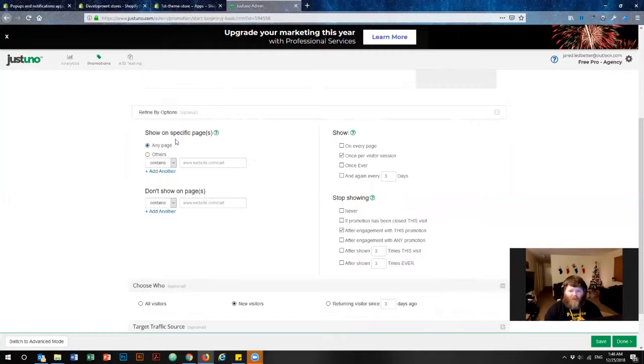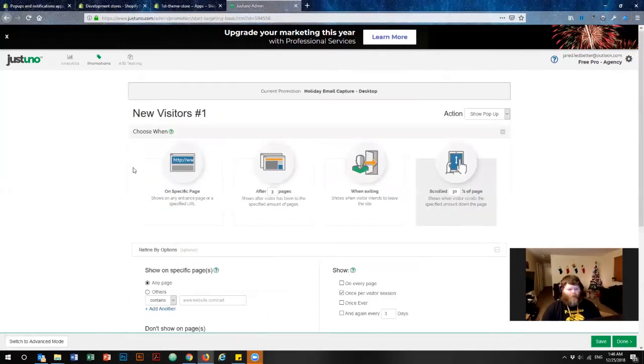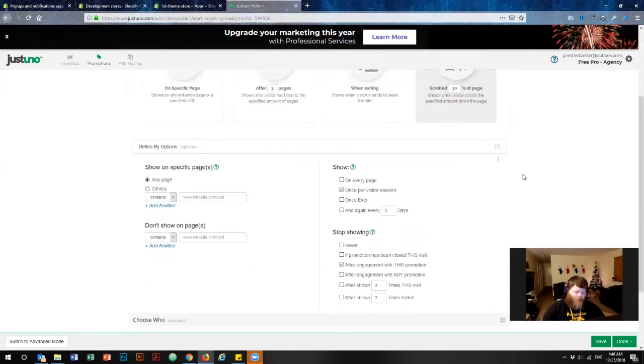For example, the home page. It will limit exposure, and you don't want to do that. Don't show on pages. Don't ever do that. You want this to show on any page, regardless. Any page, product, blog post, everything. And based off the rules that we've already predetermined here, scrolled 30% of the page. That's going to be our